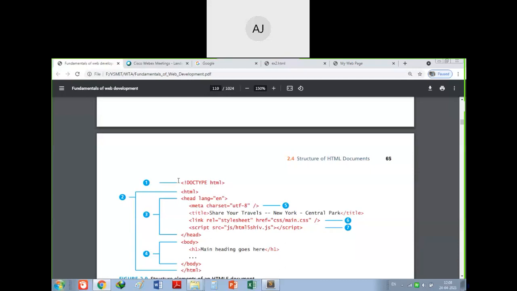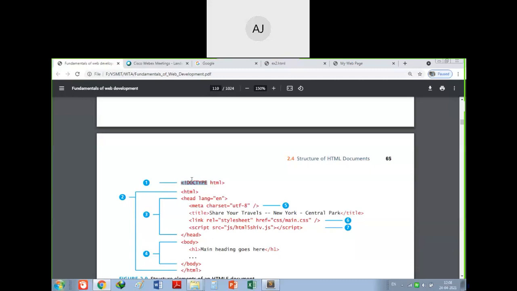That's it. One more example is the DOCTYPE. This DOCTYPE specifies to the browser what type of document you are going to write. If you are writing HTML, you write HTML here. If you are writing XML, you write XML here. If you are writing XHTML, you add XHTML. DOCTYPE stands for document type definition.